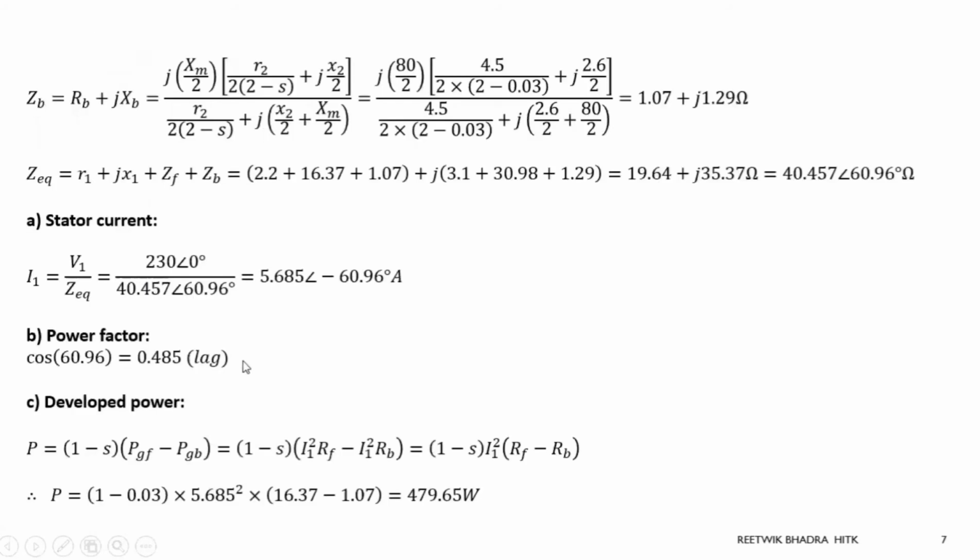Before going into the next topic, I'd also like to say something about this power factor problem. In the quiz, one question was given about power factor. Many of you had done it wrong. That's the basic formula. VI cos phi is equal to your power. From there, you can determine your cos phi. That was what I asked you. That was a first year question. Most of you have got it wrong. Only a few of them have got it correct. The answer was 0.85. So how to find your power factor? Either you find the cos of this angle, or VI cos phi is equal to power. So cos phi is equal to power divided by VI. So that is how you can find out your power factor.